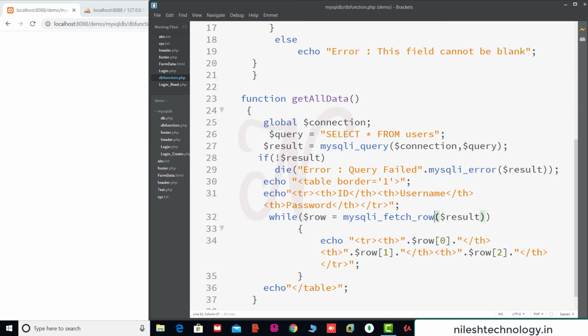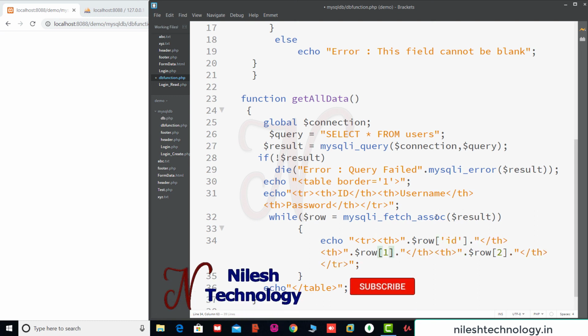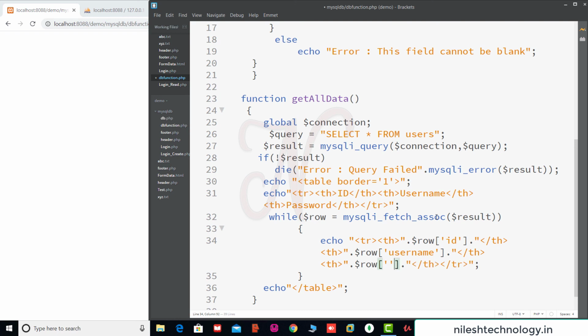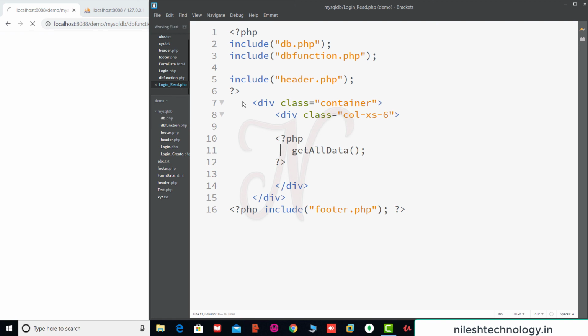If you use an associative array, then you access this data by using the column name. The first column name is id, then username, and the third column is password. Save these changes. Again login_read. So this is your output.